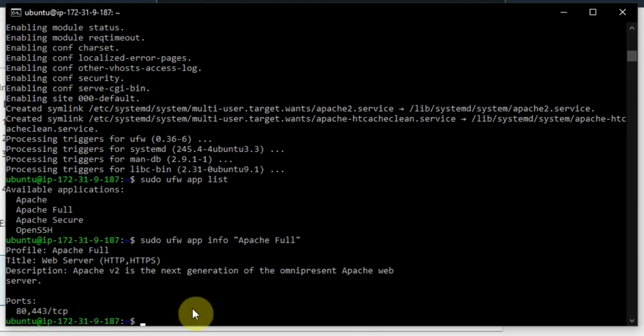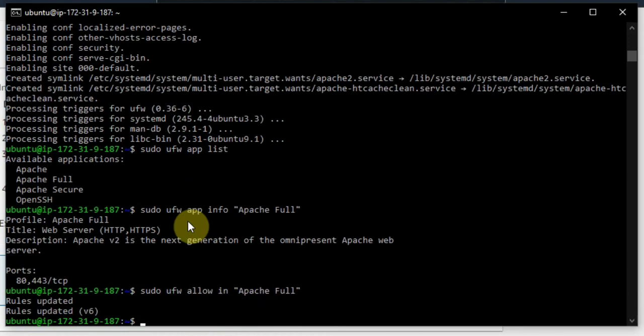So we'll enable this. So here we'll change this to allow Apache Full. Done. Rules are updated, right?